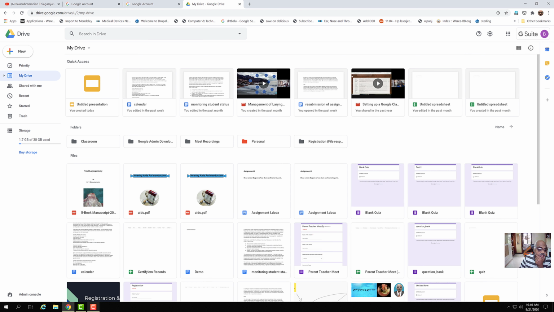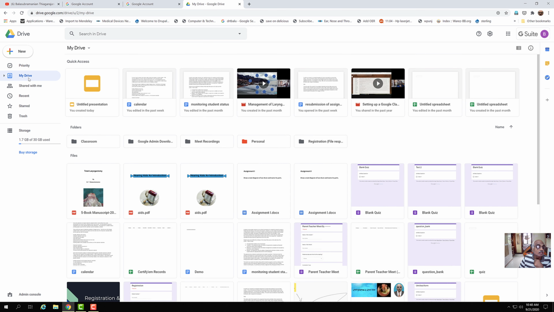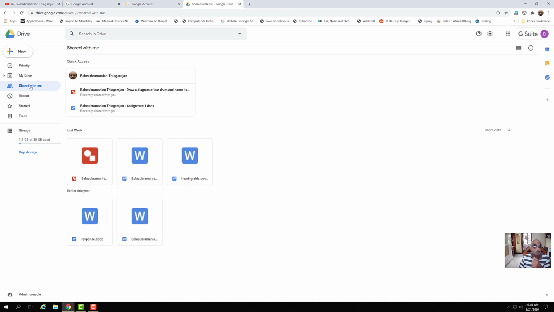Here this drive lists all the files and folders within the Google Drive. So all the files and folders will be shown when I click My Drive. Supposing I click Shared with me, it will show only those files that are shared with me. Supposing somebody has uploaded a file into their Google Drive and has given me a share link, and I have used that link to view the file, those files will be listed under the Shared with me